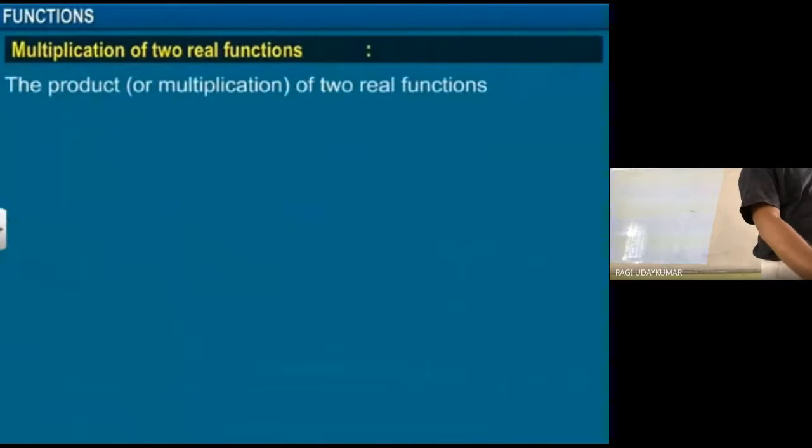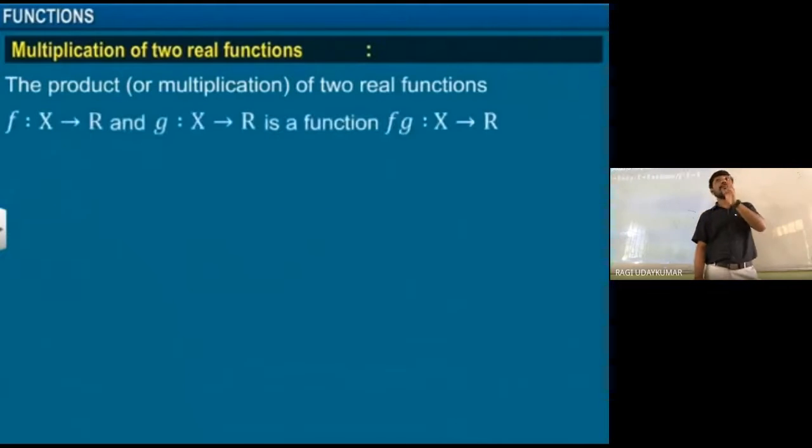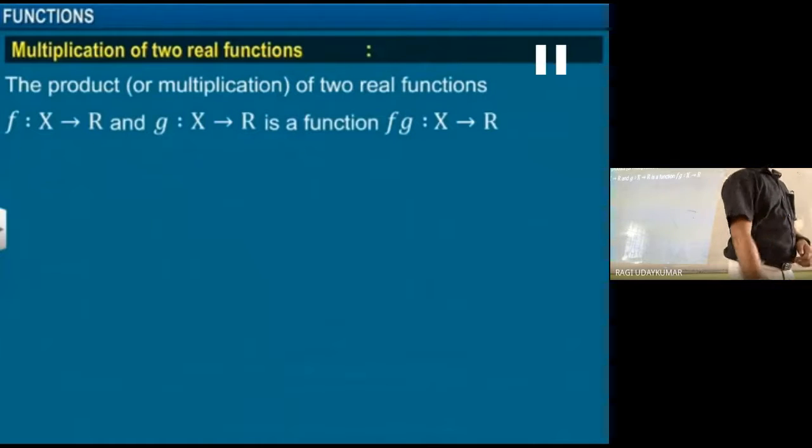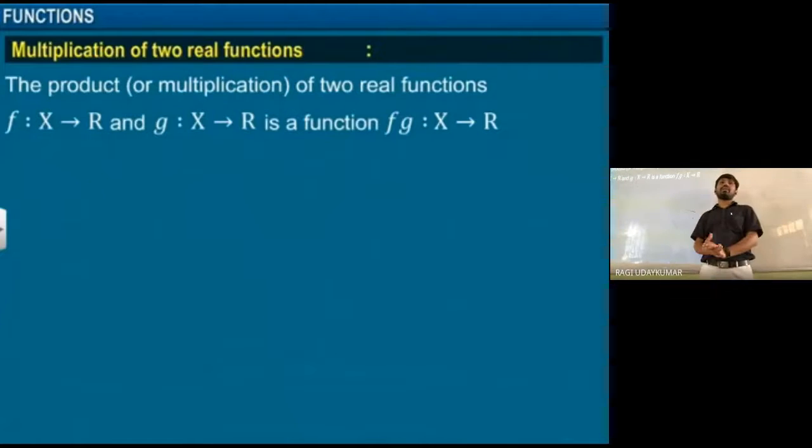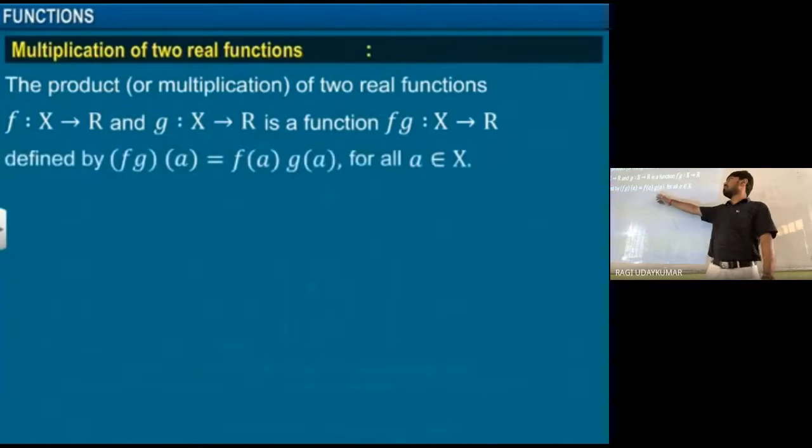So multiplication of two real functions. This is very important. Multiplication is different from the composite function. And most of the students will get confused with this. Two functions को multiply करना अलग है, composite function अलग है. Composite function is completely different, and that you are going to learn in your next coming classes. So like this, two functions को multiply करना is nothing but